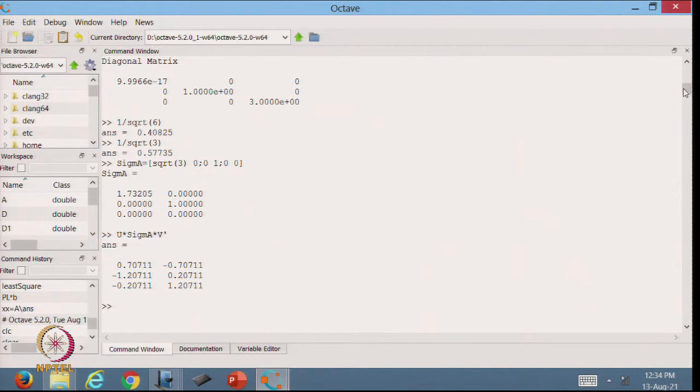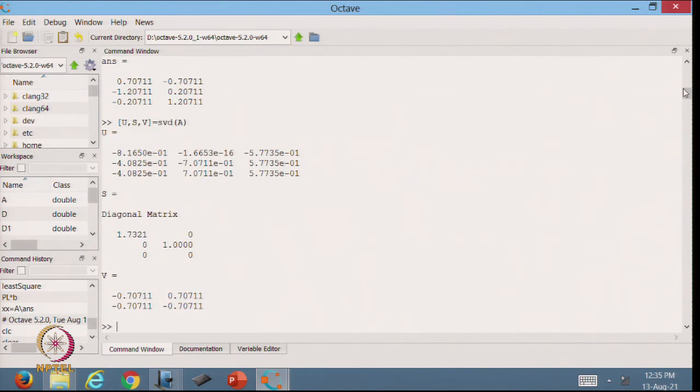So, let us see, I will write SVD. This is the direct command I can have. So, I can just check it this way. I can write my u here, then sigma I just write by s, and then I will write v, and I put SVD of the matrix A. So, here I can directly write.